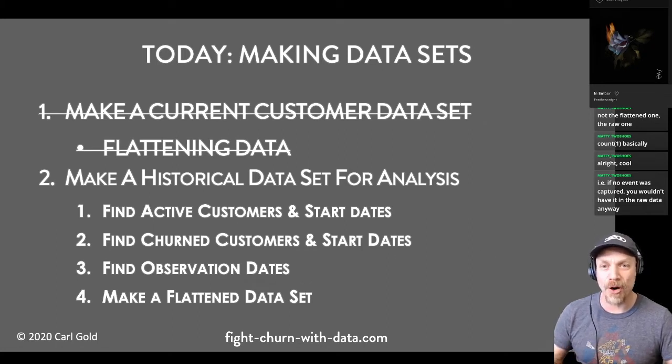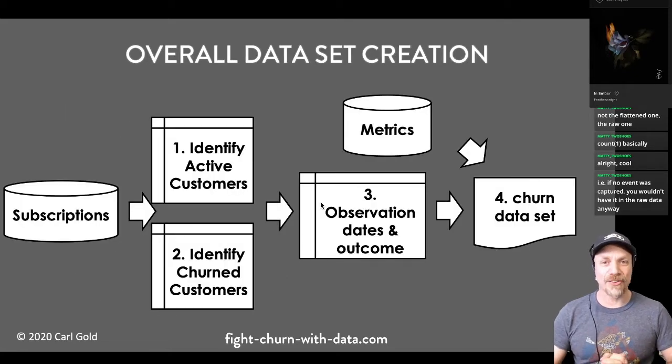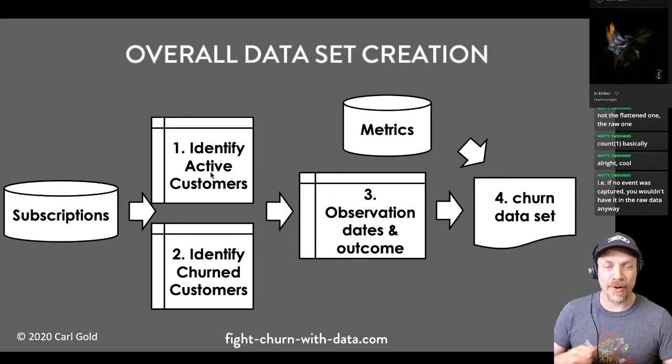All right, okay, so here's the overall picture, and this is a figure from the book. So we start from the subscriptions, which we looked at earlier in the stream. Then the first step is identifying active customers, and then identifying churn customers. The active customers are going to be your examples of non-churns, some of them. And then your churn customers give you all your churned examples. You'll see that the churn customers also give you non-churn examples if they renew. But we'll get to that.